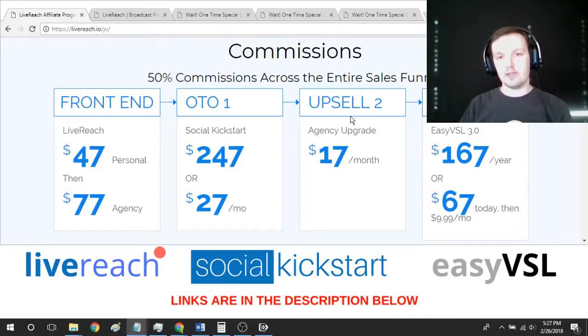But here's the caveat. Here's the catch. If you only want to do Facebook marketing, if that's the only thing you're interested in, first of all, I would say that is a mistake. You really should be on at least 2 platforms because one could kick you off at any time. This happened to people marketing on Google over and over again. Facebook recently just slapped a bunch of marketers because they didn't like something, and they don't tell you what they don't like. So it's always good to be on 2. And I personally think Facebook and YouTube is where it's at. I know Instagram's really hot right now, but we'll talk about that in a second.